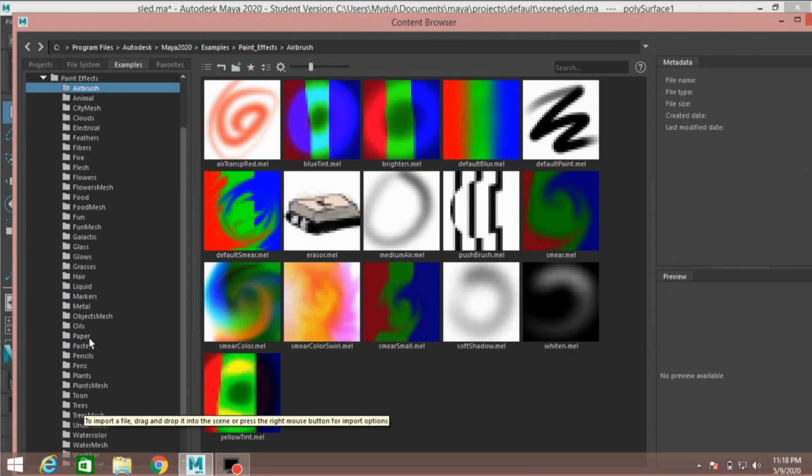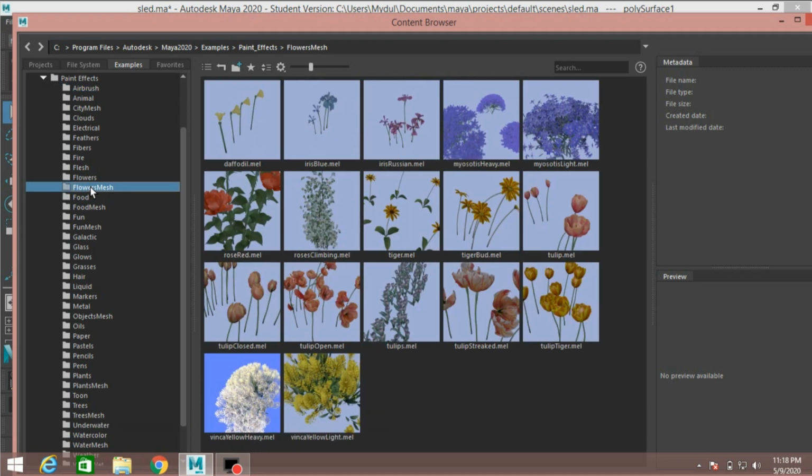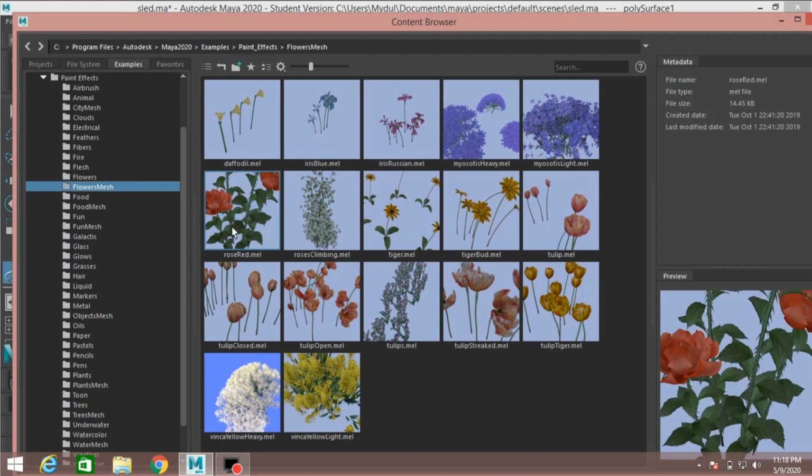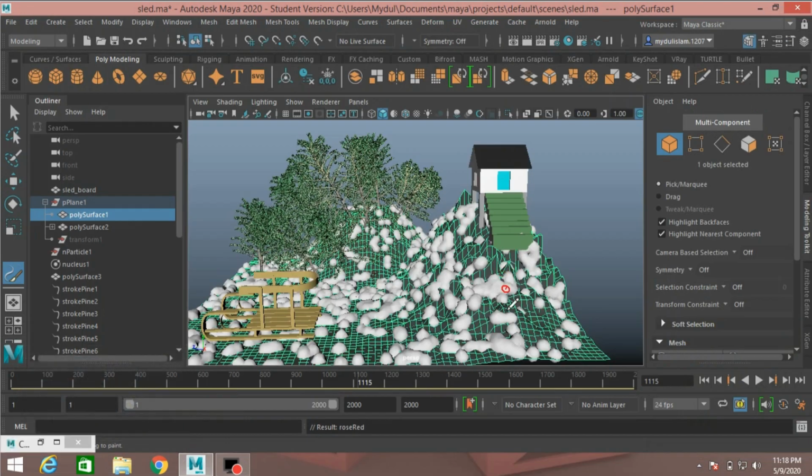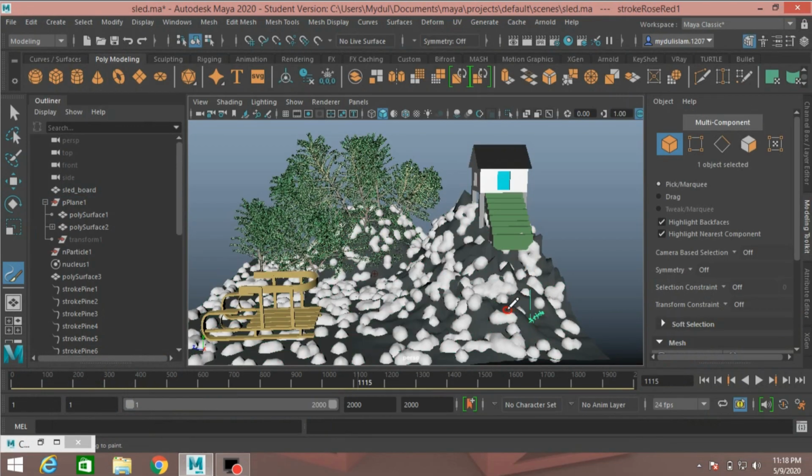Again select, I select flower mesh, select this, rose red, and draw.